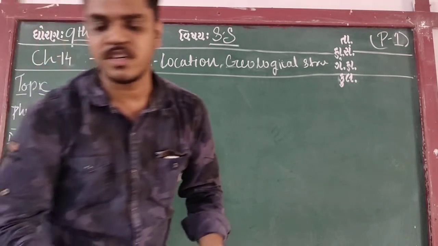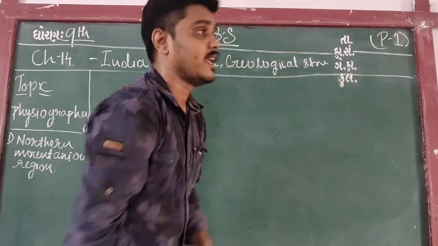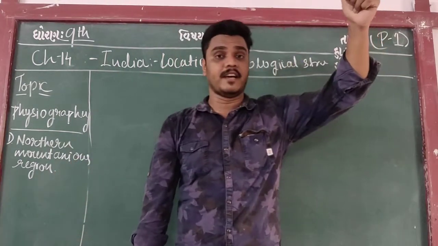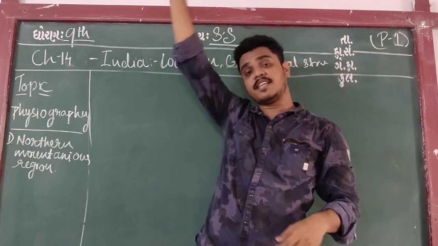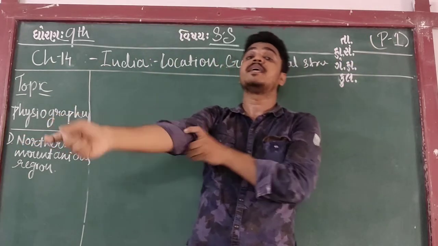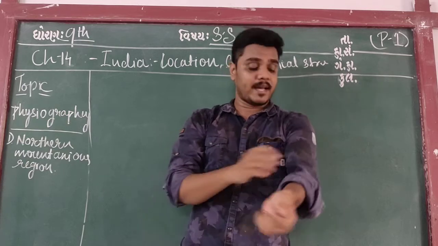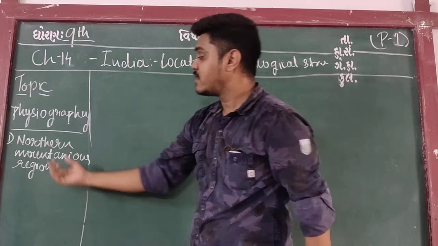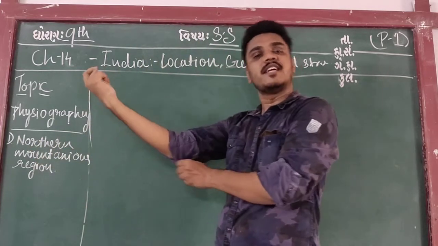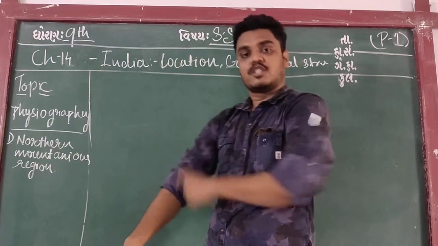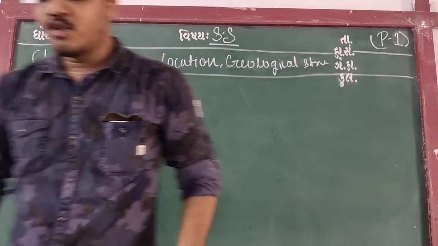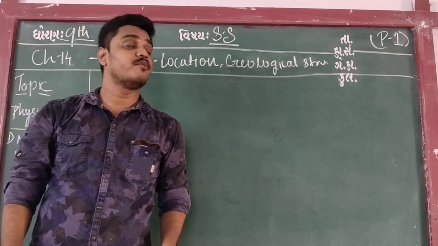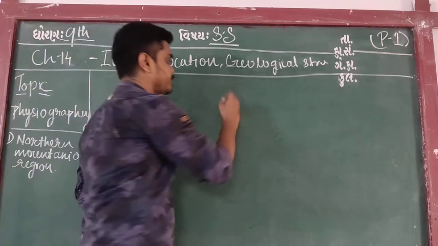As the northern mountainous region is known, this mountain region is in the north part of India. In the previous lecture of the 13th chapter, we discussed the Himalaya, and the Himalaya exists in the northern part. So here also we will discuss the northern mountainous region. That's the Himalaya. So let's recall. It is known as the Himalayan mountain system, spread about 2,400 kilometers.